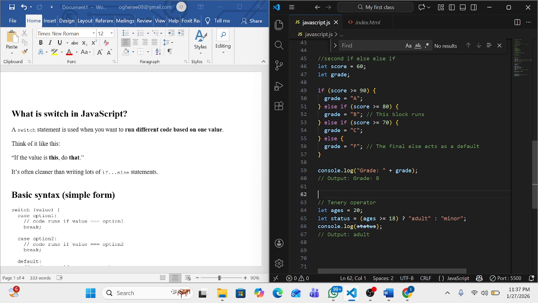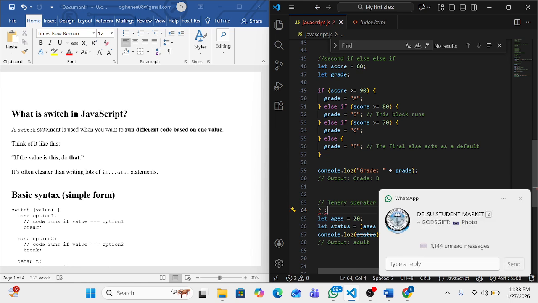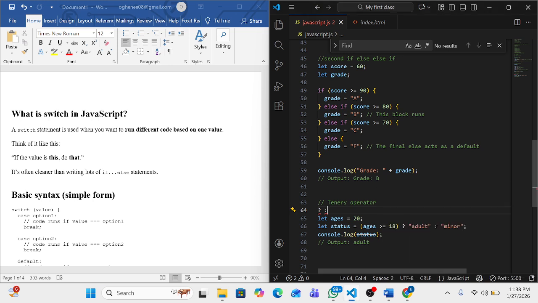So let me quickly write it here for you. The ternary operator always comes like this and like this. Right. The ternary operator always comes in these two forms. You will first see the question mark, then you will see the double colon. Do you understand? So after the question mark, that's where you see the true part of it. The other part is now the